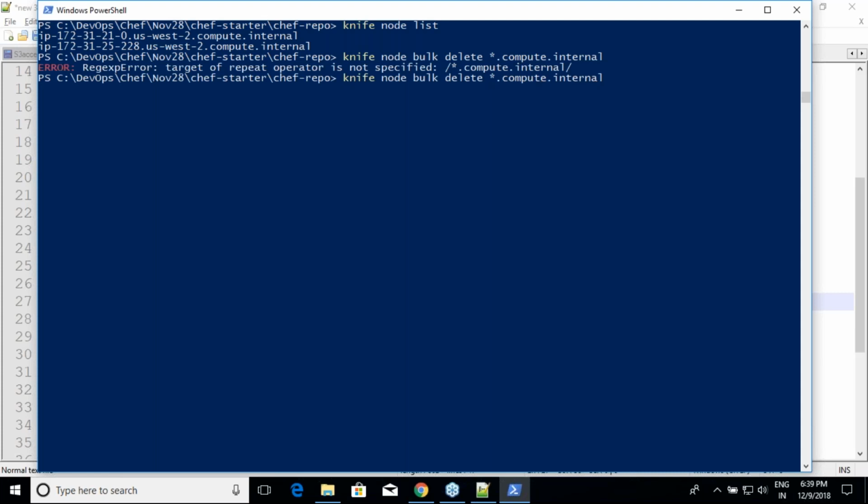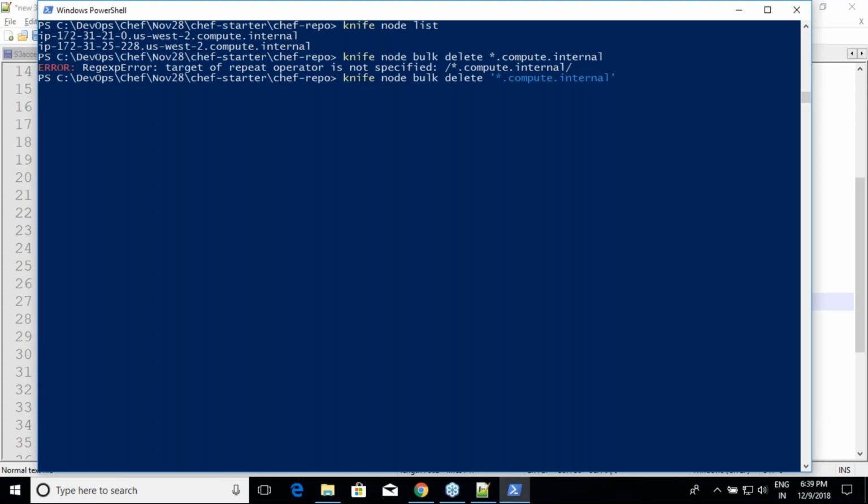Okay. Let me try one more thing. Let me try this. You can search for a regular expression which tries to see what ends with.